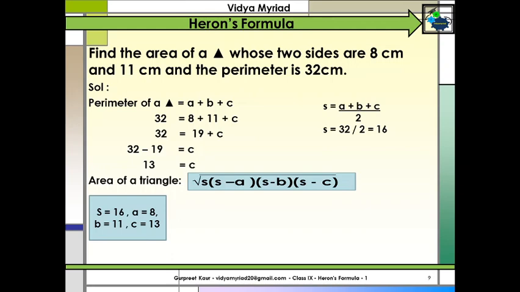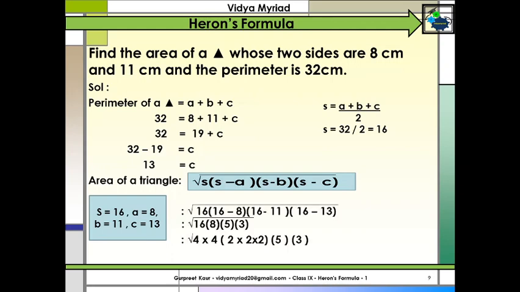How? The perimeter is 32 and S is half of the perimeter, that is 32 divided by 2, which is equal to 16. Put all these values in the formula. Find their square root. You get 8 under root 30 centimeters square. Okay, so please write the units carefully and find the square roots carefully. Like I have done the splitting of all the numbers, it will help you to find the square root. Do it like this, it will be easier and more comfortable.